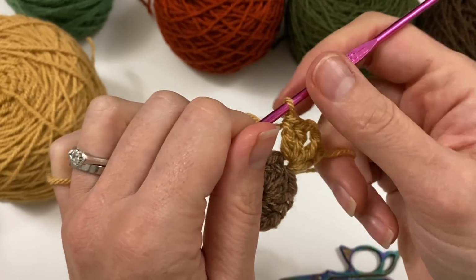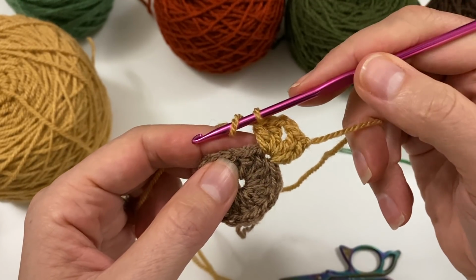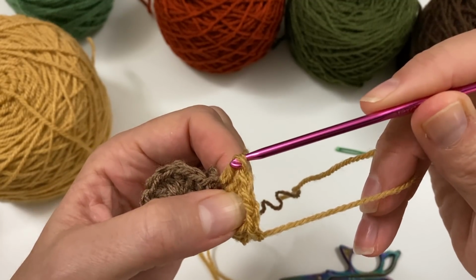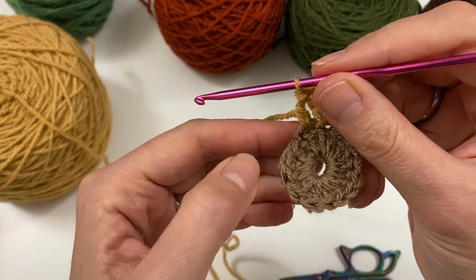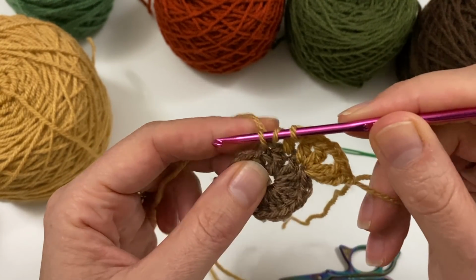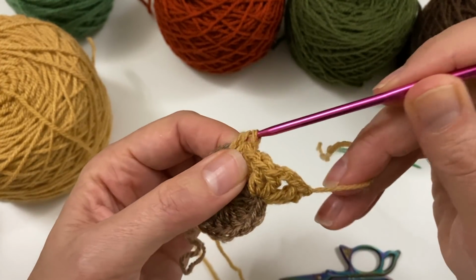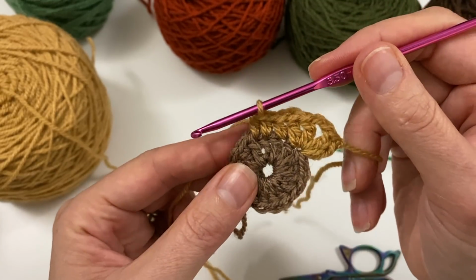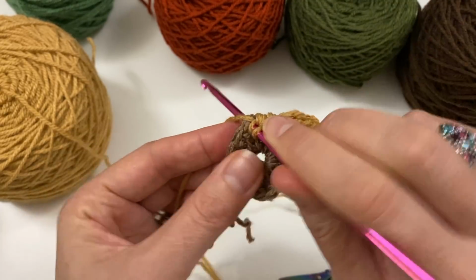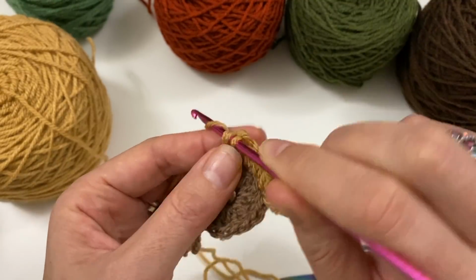Now we are actually going to do a side, and a side is made up of 3 half double crochets. So you yarn over into the next stitch, pull up a loop, and yarn over, pull through all the 3 loops on your hook. Yarn over. This is where we finished, so making sure you do exactly the same there. Right, there we go. So 3 half double crochets. Then we do a corner of 2 double crochets, 2 chains,